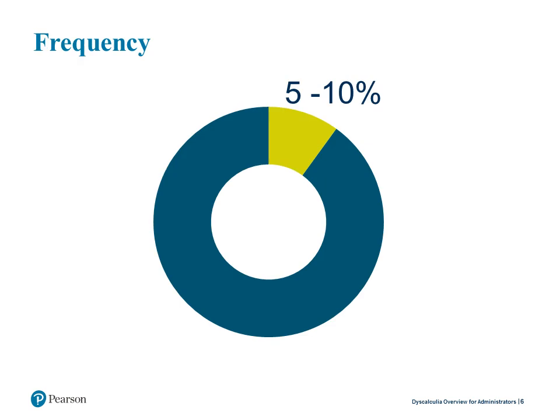So the frequency: dyscalculia, again, similar to dyslexia, can occur in between 5 to 10% of the student population. Likewise, the disability can really range from a very mild case to very severe cases. And it can occur in really people of all ages and intelligence levels. It's not just lower intelligence levels or higher intelligence levels. And it's also not confined to any particular socioeconomic level, ethnic or language group.